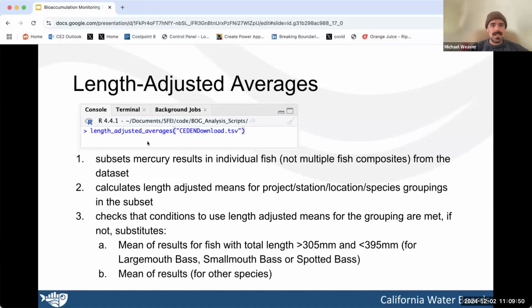And this another function is a length adjusted average script. This is actually wrapped up in those summary tables, but running this function gives you the ability to generate them on their own. It also will give you an output showing all the calculations that go into generating the averages, which is helpful to see. And basically all this does is it takes a subset of the